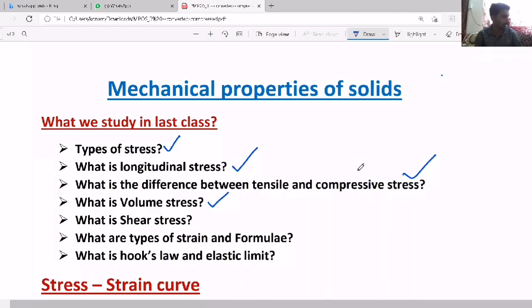So just try to understand here. Consider the book. Are you able to see the book which I am showing? Now if you take the book, there are different surfaces, so a total of 6 faces. Now the force should apply on each face equally at a time so that the shape remains the same but the size decreases. Then we call it volume stress.